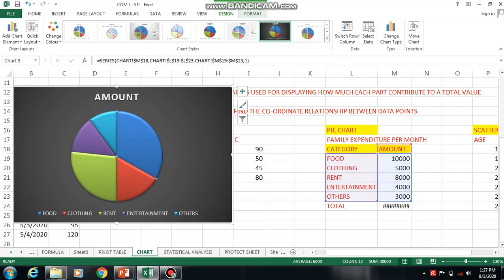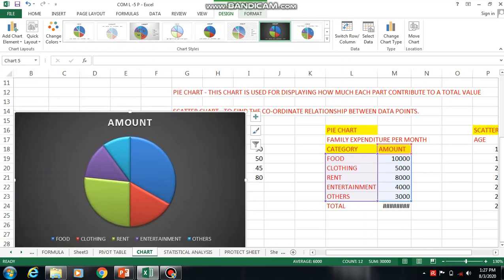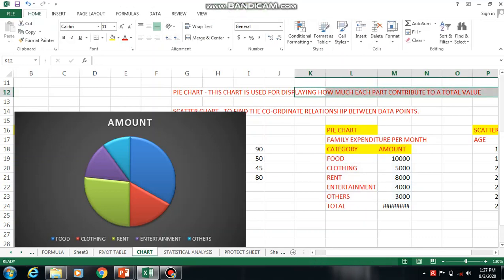Food is contributing more, and next is rent, then cloth, then entertainment, then others. In a pie chart we are not comparing anything. We are just showing how much each part is contributing to the total value. For such a data type we will use the pie chart.